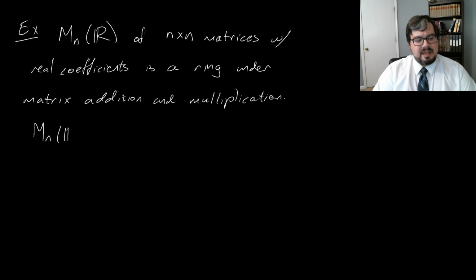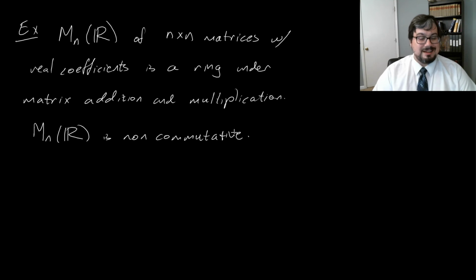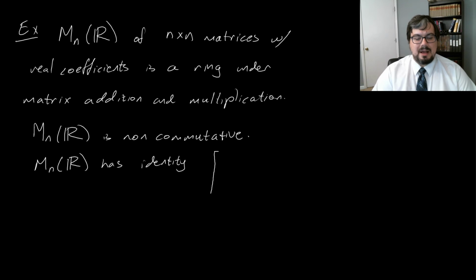This ring, M_n(R), is non-commutative. We know that matrix multiplication is not commutative. If you multiply matrices two different ways, you get different matrices out of it. So M_n(R) is not commutative. However, it does have an identity, and the identity is the n by n identity matrix,